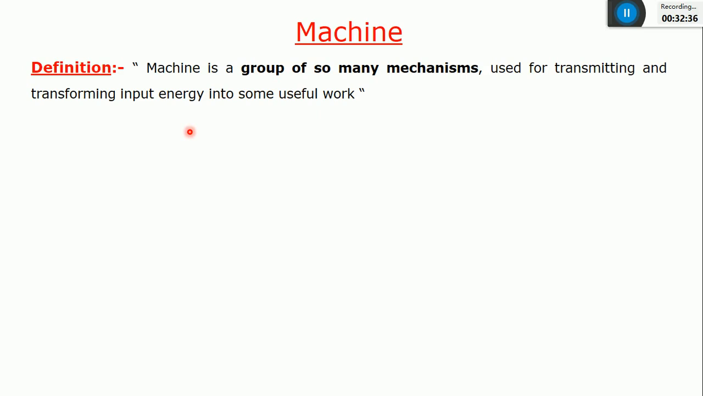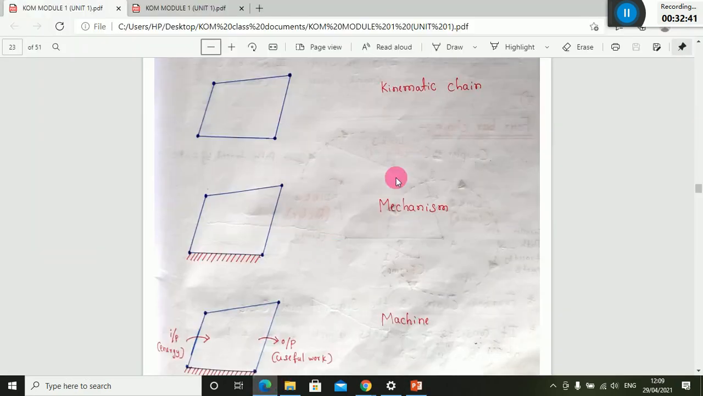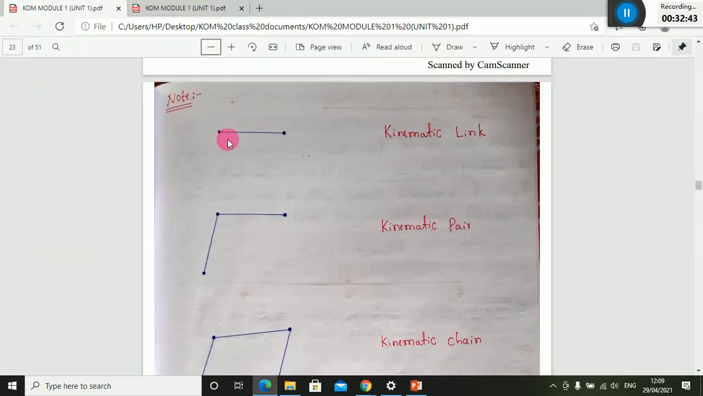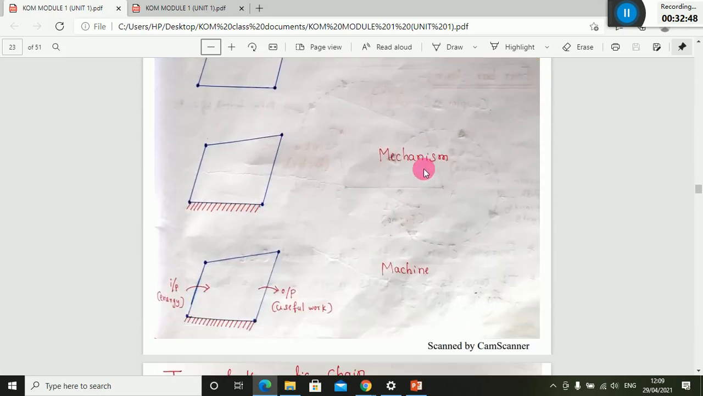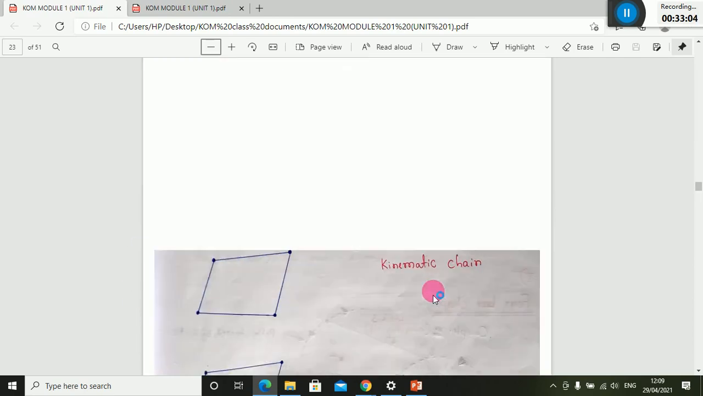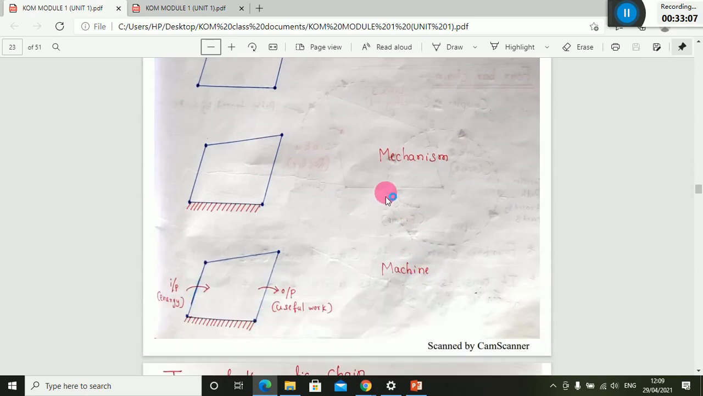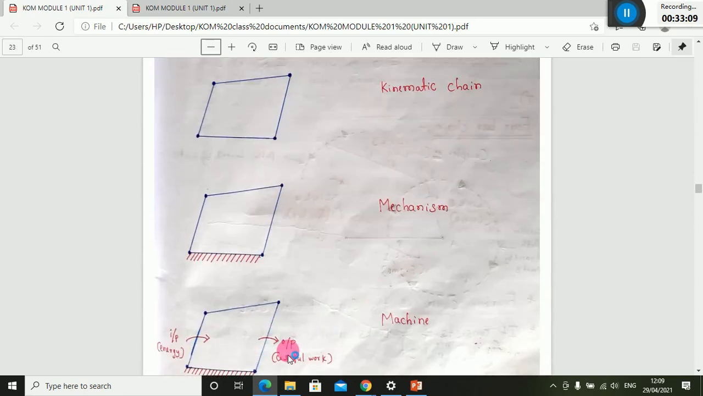Machine. As I explained, first one is kinematic link, then kinematic pair, then kinematic chain, then mechanism, and finally, there are a group of so many mechanisms, I have shown only one. If you are using that mechanism to transfer the energy from input to the output, so that you can do some useful work, then such a group of mechanisms is known as a machine. So a machine is a group of so many mechanisms, so that you can transfer the energy from the